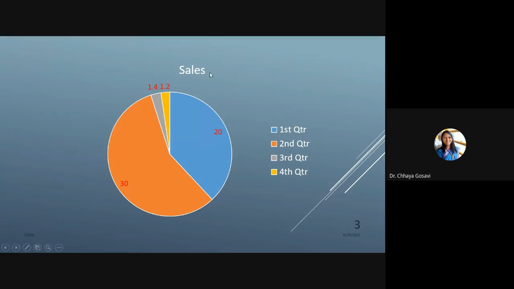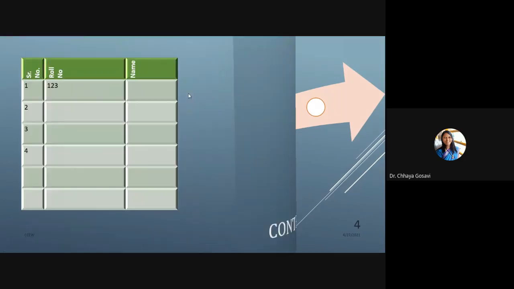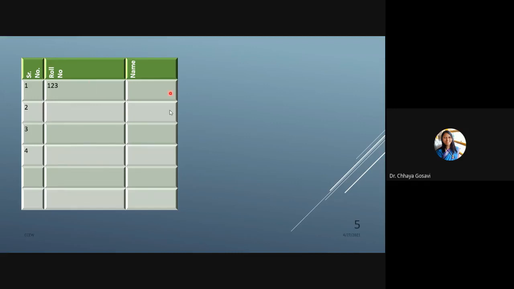To get this laser pointer, I pressed the Control button and at the same time the mouse button, and then released. When you move to the next slide, again I want the laser, so Control and press the mouse button, and the laser pointer is there. Otherwise I can explain these slides with my mouse without using the laser.